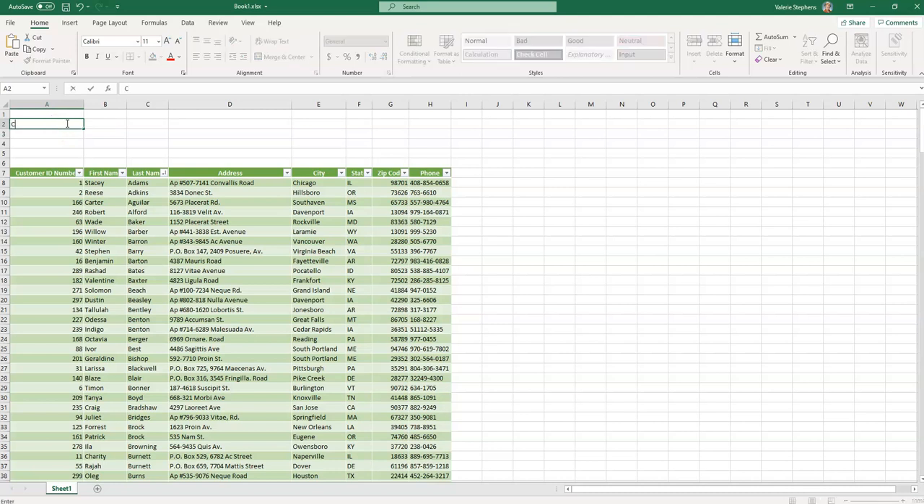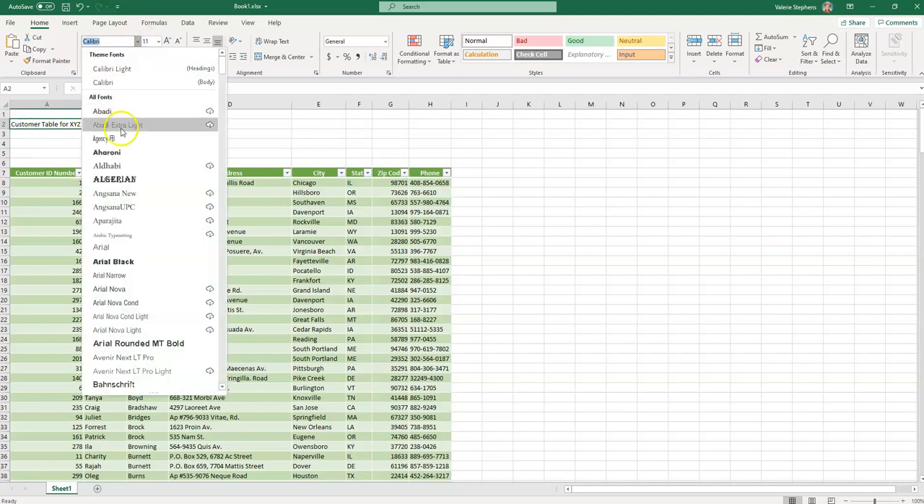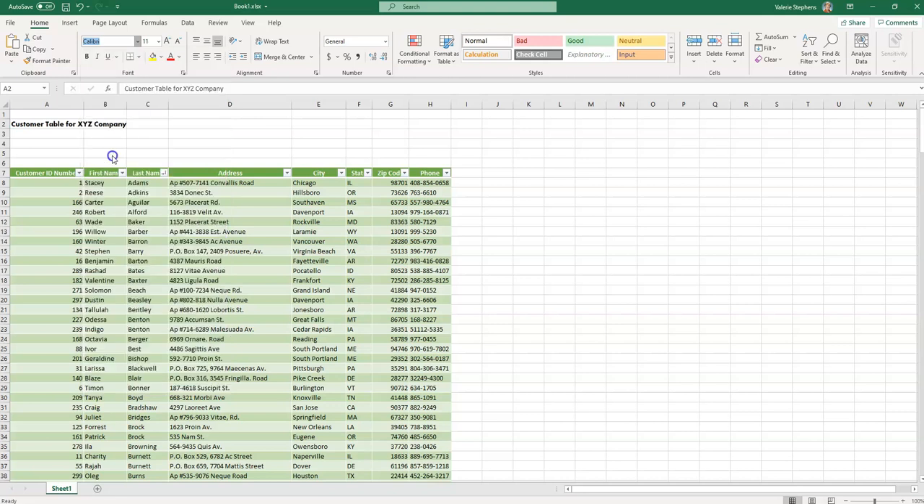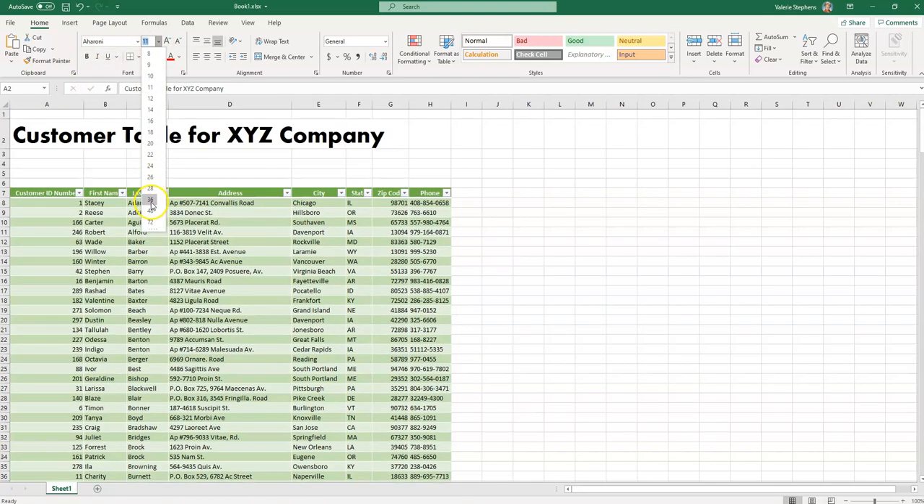We'll enter customer table for XYZ company, which is nice, but it doesn't stand out. So we'll select that cell, change the font a little bit, change the font size,